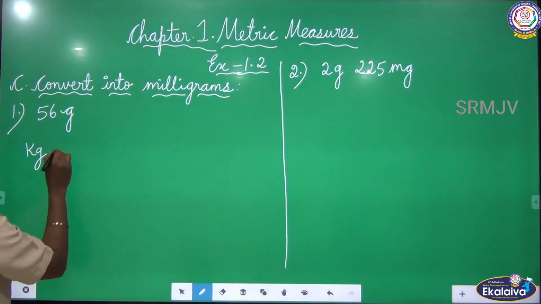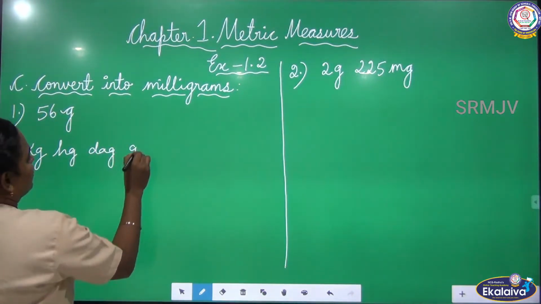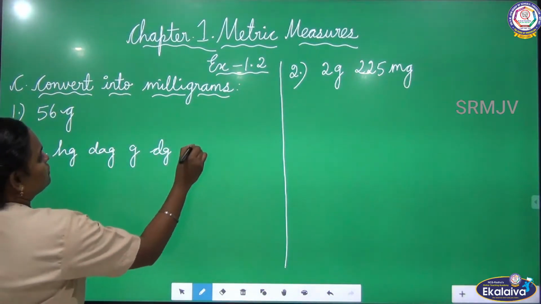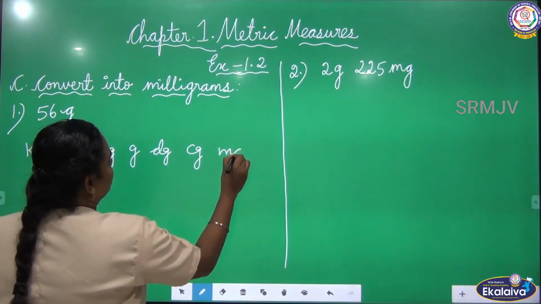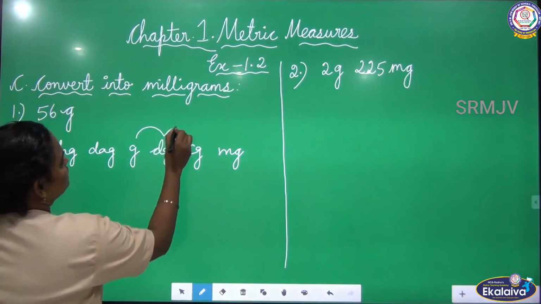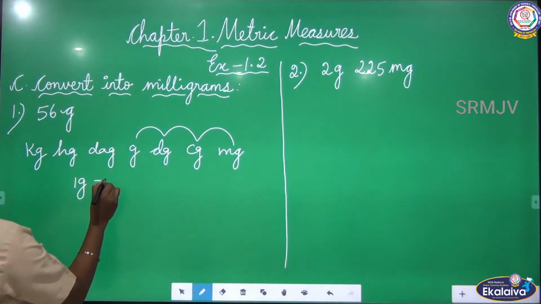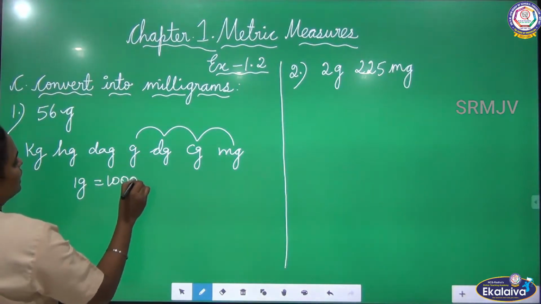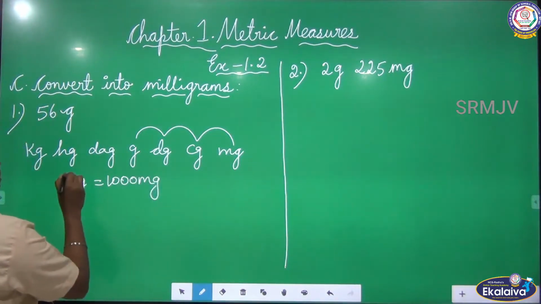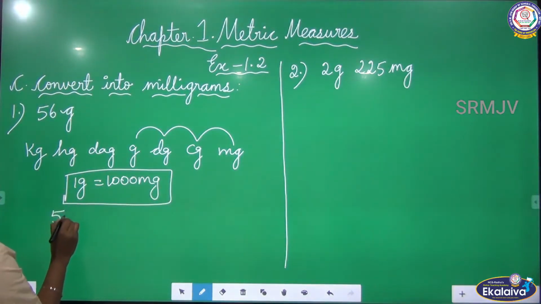See, kilogram, hectogram, decagram, gram, decigram, centigram and then milligram. See, 1 gram equal to how many milligrams? Tell me. 1 gram equal to 1000 milligrams. So, 56 gram equal to